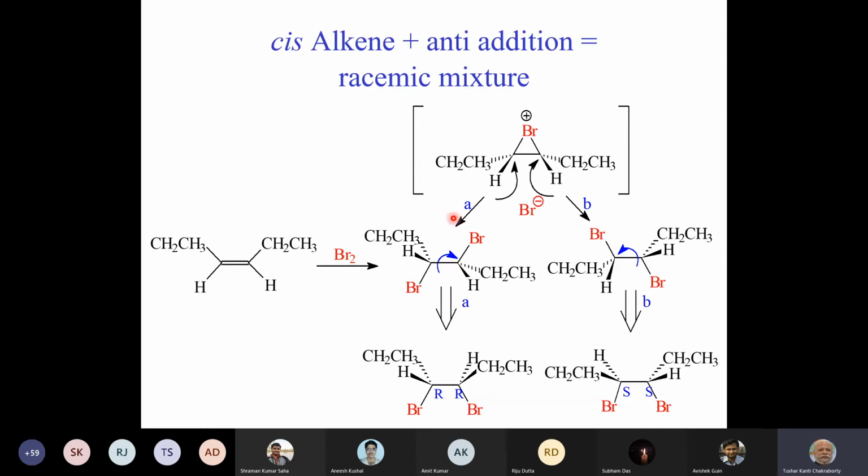As I said, in this reaction the mechanism will be such that you get only one product. First, bromine will form a bromonium species, a 3-membered ring, and then another bromide will be there, and this bromide can attack either this center or that center. It does not matter in this case because we have a symmetrical olefin, so you can get a mixture of the two compounds in equal amounts, and so they form a racemic mixture.